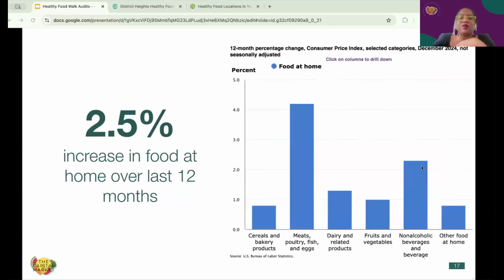What we also see is rising transportation costs that disrupt the food supply chain. We see a 2.5% cost increase from January 2024 to December 2024, which builds upon a 13.5% increase in food prices from September 2021 to August 2022. All right, so we see directly an impact of just food costs, which again makes food insecurity